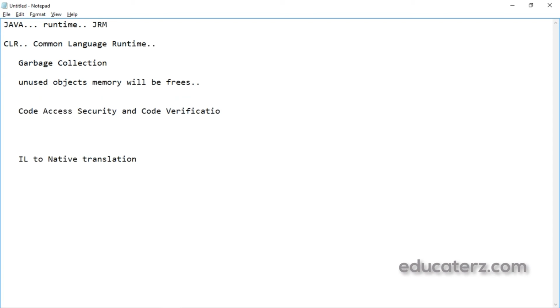And what is the code access security and code verification? CLR checks whether the code has access rights and is it safe and authenticated to be used.